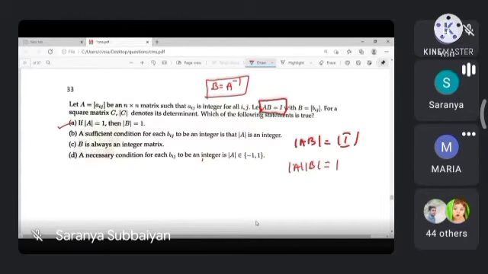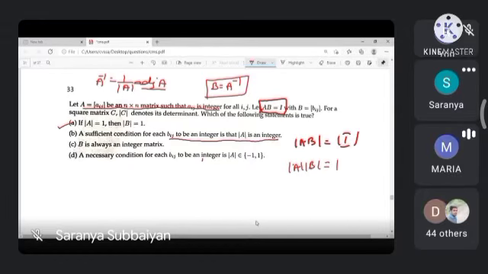Because what is the A inverse formula? A inverse is equal to 1 by determinant of A into adjoint of A. A is an integer matrix, so adjoint of A is integer. This is an integer, but if the determinant of A is an integer, this will become a rational number, right? Suppose 1, 2, 3, 4. So multiplying with rational numbers, what will happen to A inverse? For each Bij to be an integer, is the determinant of A being an integer enough? Is it true? No. Yes, ma'am.